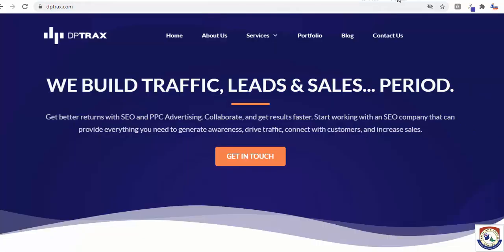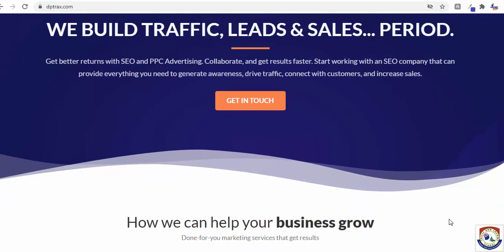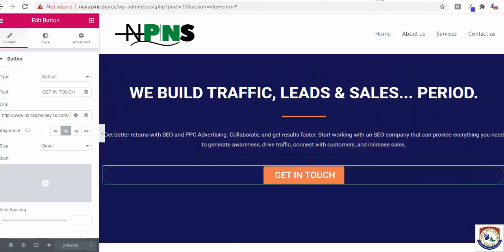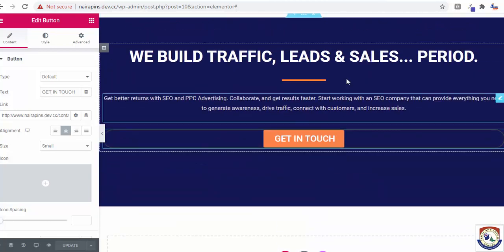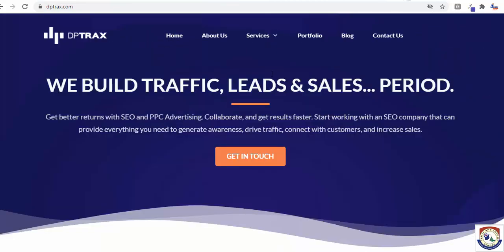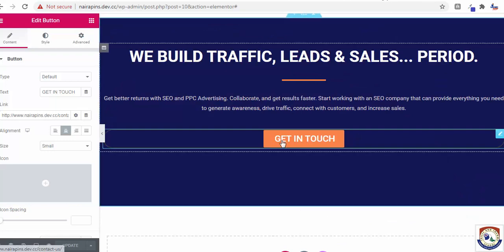Now the next thing for us to do is this design. Okay, I will try and make this design in Elementor, but it might be different, you know, the design might be different, but I'm going to show you how this thing is done in Elementor. Now what you need to do is go to the Elementor page. Can you see we have achieved the same length of this? Can you see the same length?